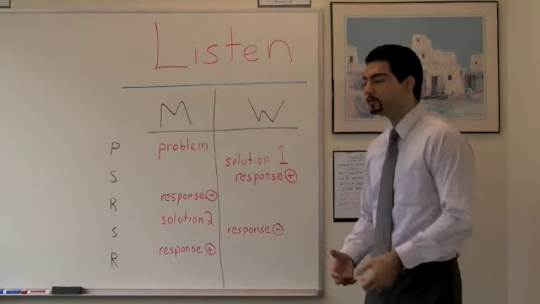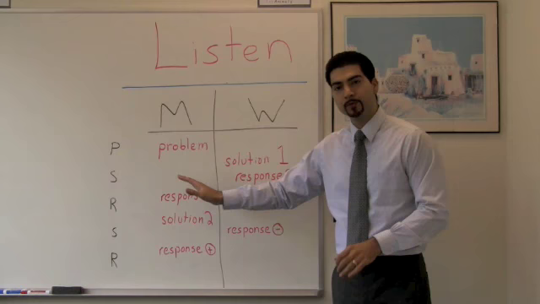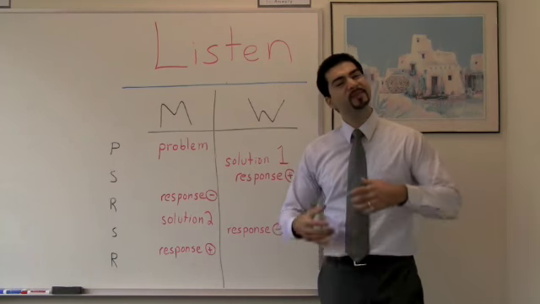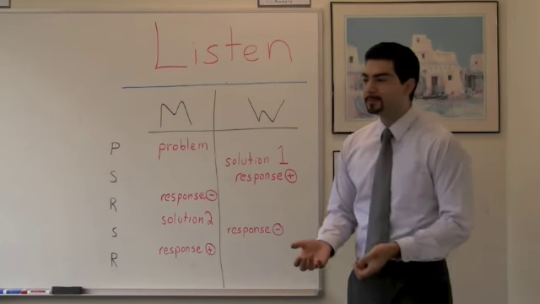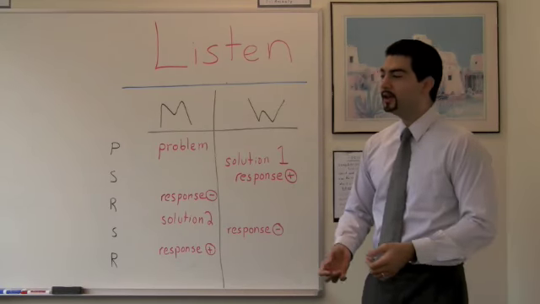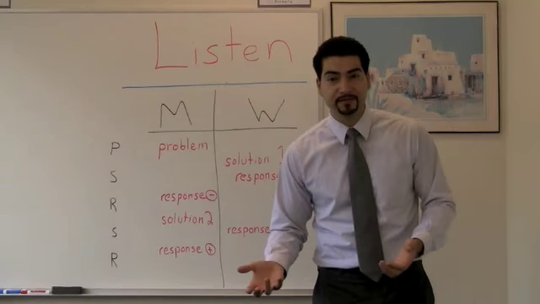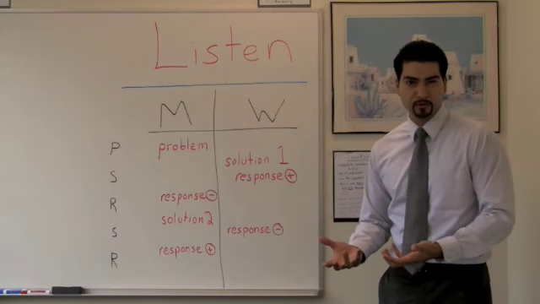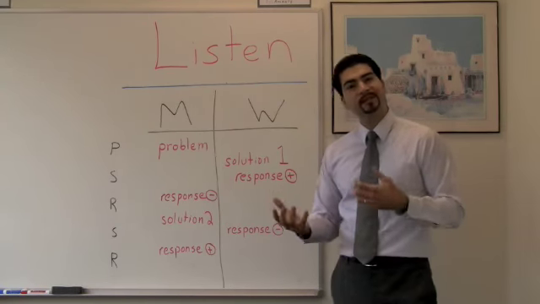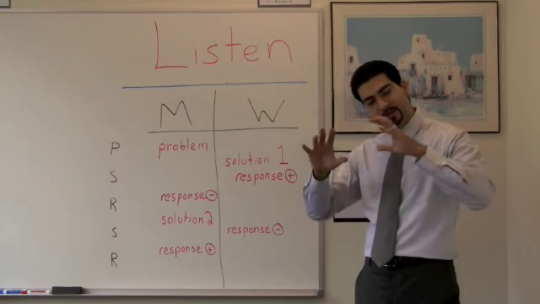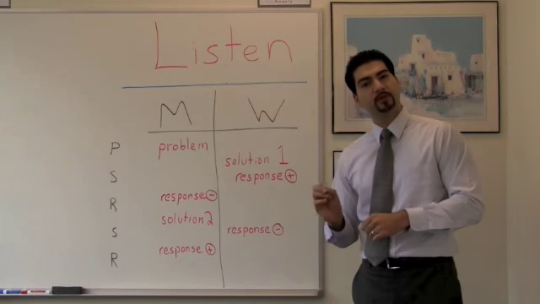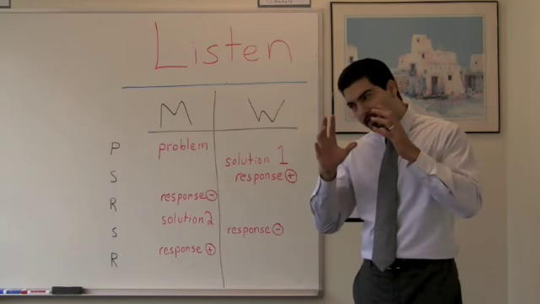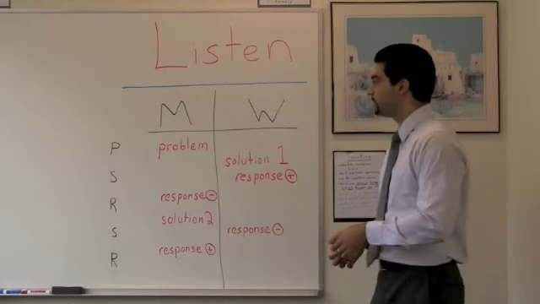In the beginning of this conversation, one of the students, either the man or the woman, is going to discuss a problem. Now the problem is a simple problem, a campus problem. Something like, oh, I don't have enough money for the party, or I'm throwing a party and I don't know how to make it fun, or I have this homework assignment that I don't know how to do, something along those lines. So this problem is going to be discussed a little bit, more than just one sentence. There's a situation involved, so you're going to have to take good notes on it. Write down what's happening, what's the problem about. Not just one word, but a few that represent the overall idea of what's happening.